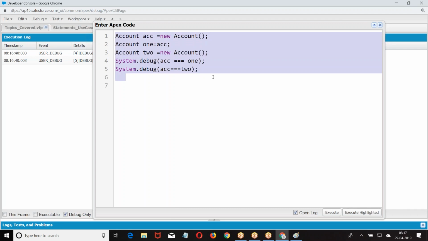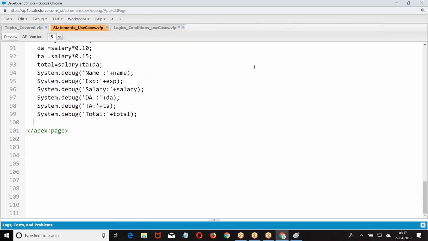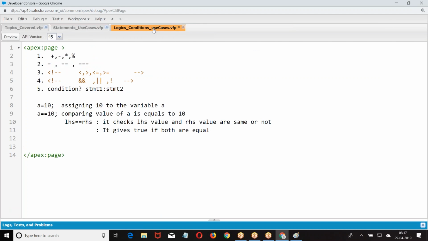If so, it is going to give you true. Double equal to will give you true if both the values are same. Triple equal to will give you true if LHS and RHS both are referring to the same location. I hope you are good with this.